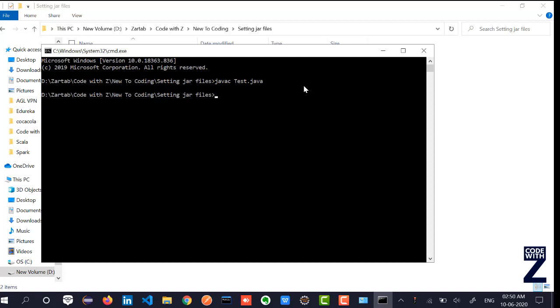So we have seen two ways. One is directly setting the jar file in the class path by using the whole path to the jar file, and secondly is setting a folder in the class path so that whenever you need to add a new jar file, you can just go and add it without any hassle.